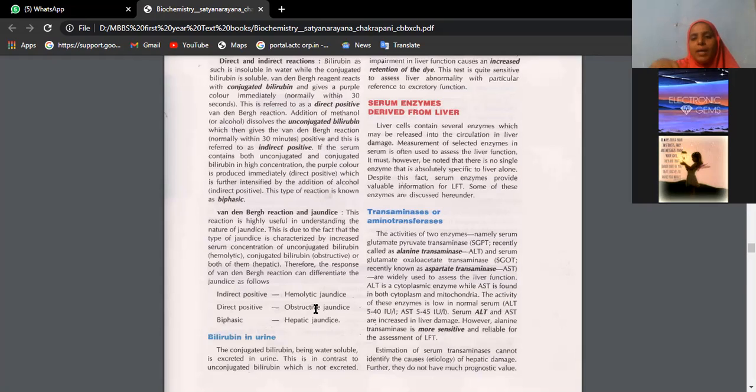In the extrahepatic biliary apparatus, that is the gallbladder, neck of the gallbladder, cystic duct, or anywhere in the common hepatic duct, if there is any obstruction, either due to tumor or due to gallstones, cholelithiasis, in such conditions, there will not be outflow of the bile juice into the second part of the duodenum.